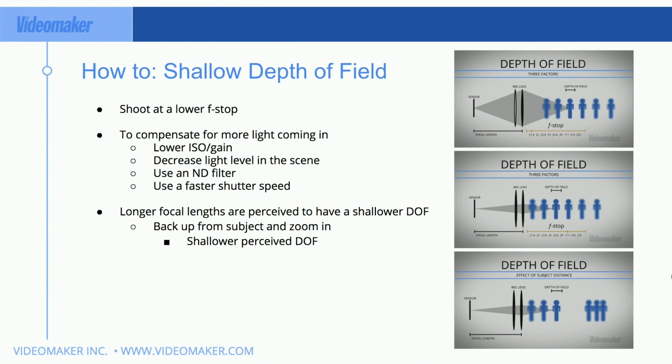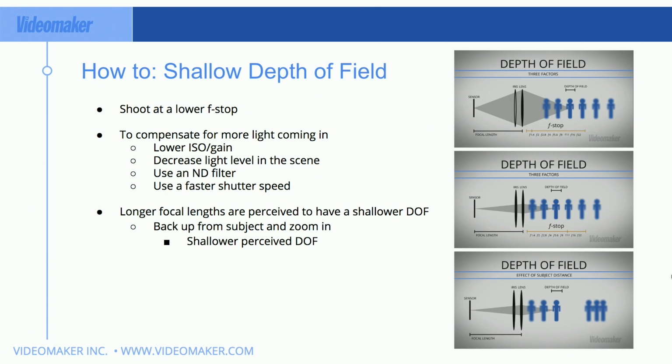And then use a faster shutter speed. The issue with a faster shutter speed is you create something called staccato movement. So everything's going to start seeming shuttery if you increase your shutter speed above double the frame rate. I have a couple questions here from John. When using a lower f-stop, then increasing shutter speed to compensate the light for good exposure, is that bad, having such a fast shutter? So John, it creates what I was saying is staccato.